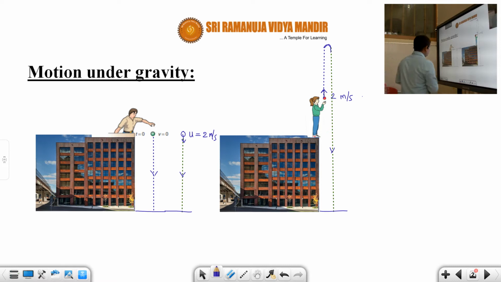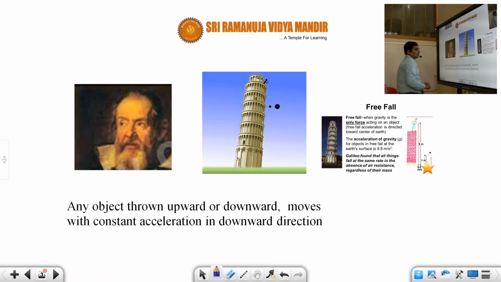So why does it happen? A scientist named Galileo, all of you must know Galileo, did many experiments. You know the famous Leaning Tower of Pisa, correct or not? He lived near the tower, and every day he went to the top of the tower and dropped objects from it. Of course, different objects: here you can see a small object having small mass, and a heavy object having large mass. He did many experiments, students, throwing objects from the top of a tower.